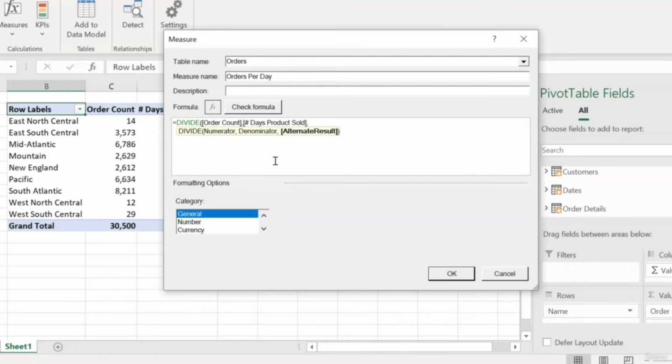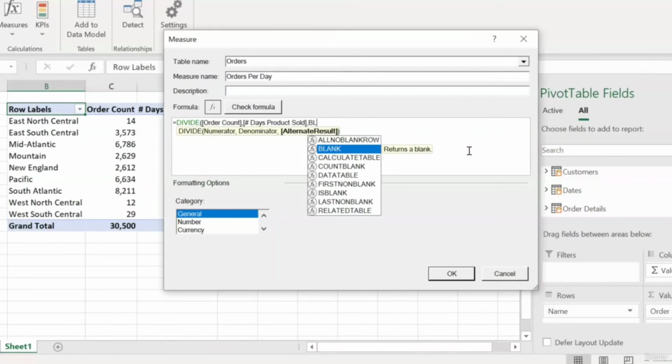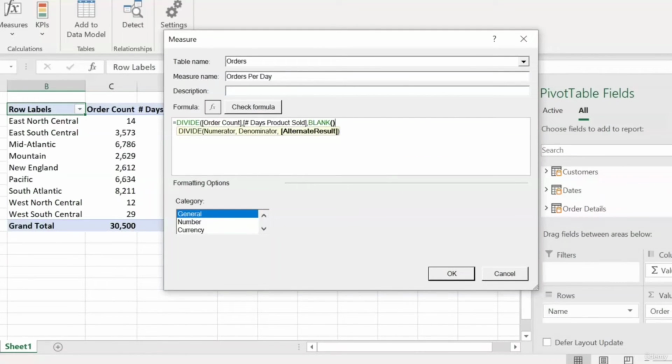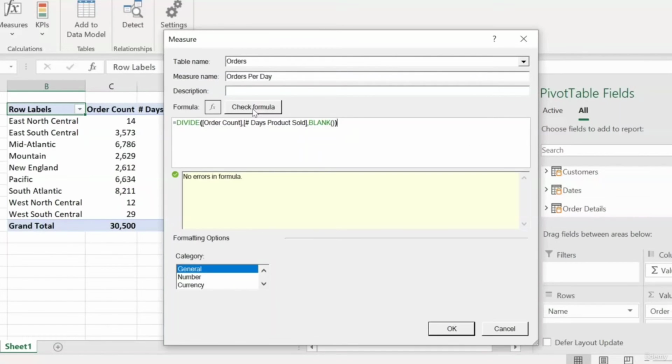Now blank will simply return exactly what it says, just a blank, if there is any division error, which strictly speaking is more accurate than a 0. If there's a division error, there's really no number that's returned at all. So for our third argument, we'll enter that blank function, and Excel auto-populated the parentheses for that function. So now we'll enter our final closing parenthesis for our overall function, and then hit check formula as usual, and